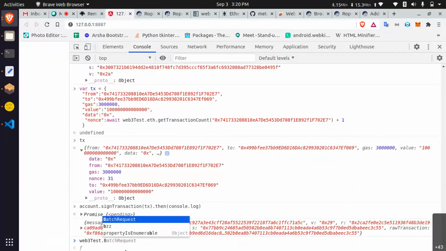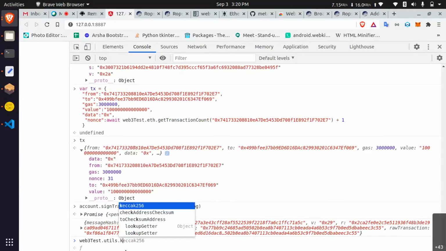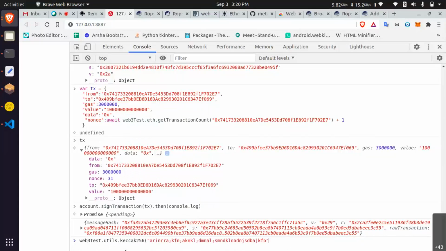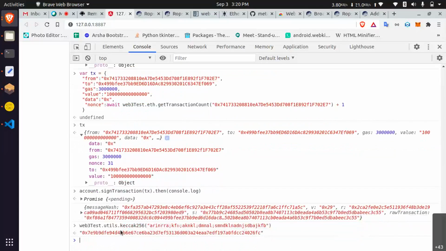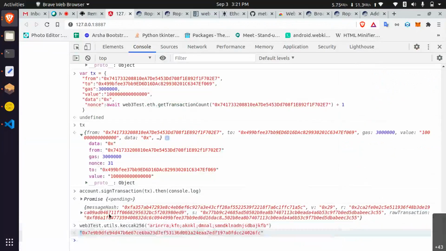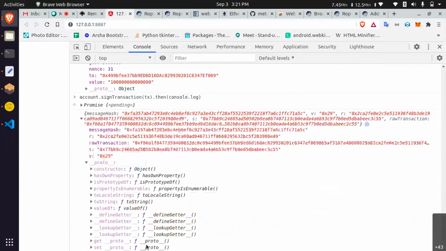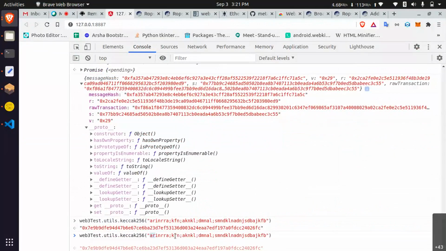Then utils is also there. You guys asked about that Keccak, right? You can see sha 256. If you give it any length of data, it will give 32 bytes only. Let's say the message, actually the raw transaction, is very lengthy, so I'm going to use it here.